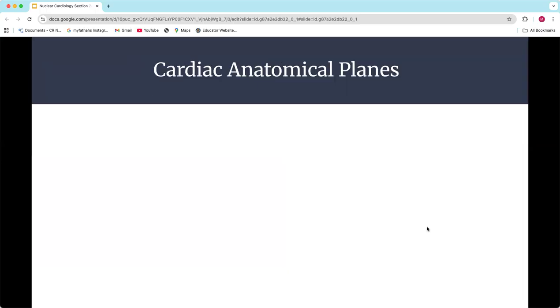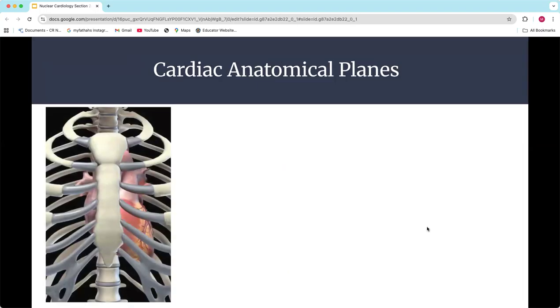All right. So the other thing we need to talk about is the cardiac anatomical planes. And this is the second thing that really feeds into being able to know what you're looking at on your picture, which is understanding how the heart sits. And I've mentioned that in this class as well. But the heart sits a little bit different than the rest of the planes. You guys are used to your coronal, sagittal, axial type views when you're looking at imaging, right? And that's how we break up the body. The heart just sits a little bit different in the body, and so it has to have its own anatomical planes.